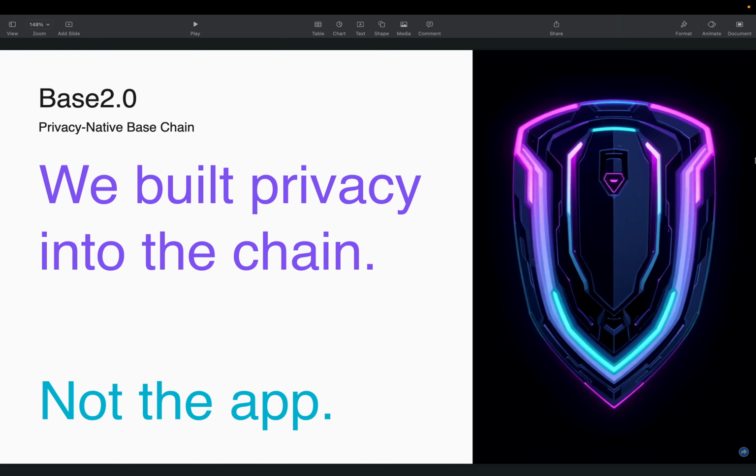We are going to showcase our project Base 2.0. We have built this for ETHMumbai 2026. We have integrated privacy as a native feature in the Base chain. So, how have we done it? Every wallet in Base chain has its own private and public part. Public is the default part, which we all know how we are using it, and private is the additional feature we have added to each and every wallet at the infra level of the chain. So we have not just built a new app or a new chain. We have integrated privacy into an existing chain.